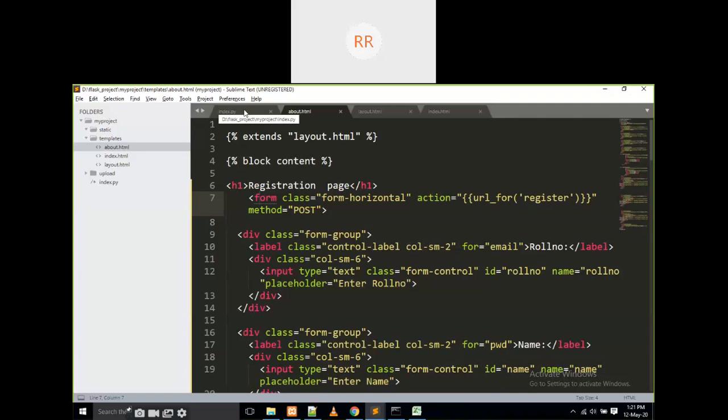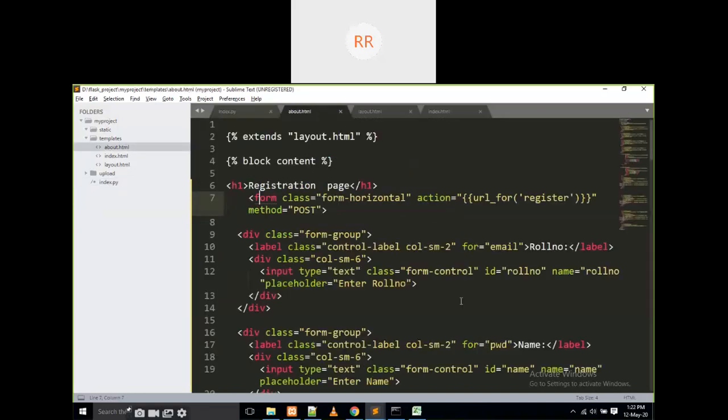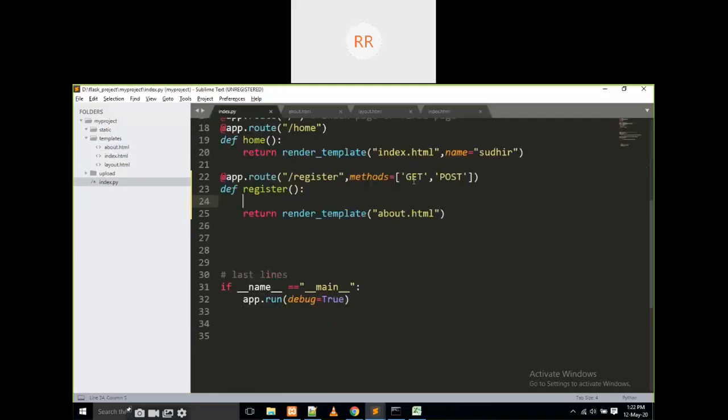Now we are moving into this register. What do we have to do now? Comma, methods is equal to, there are two types of methods. The first one is the get method, and the second one is the post method. What does the get method mean? It automatically calls a page like about.html. That is a get method. But we are sending some data from this form. That means if you click on some button, it comes with post. That's why I am writing here